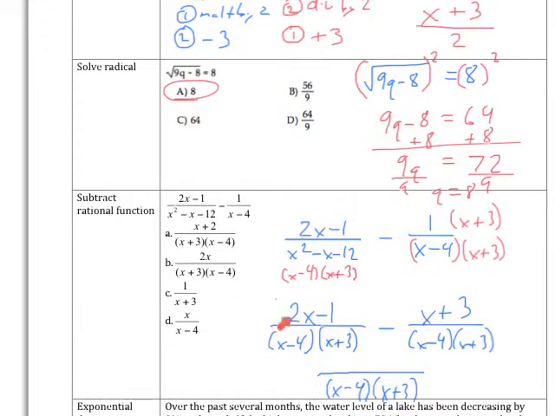And if you look at this, I've got like terms. 2x minus x would be 1x. And furthermore, negative 1 minus 3 would be negative 4, minus 4. And what's interesting about that, just to make this problem one more step complicated, you can now see that I've got an x minus 4 and an x minus 4 on top and bottom, and those cancel out. That's not always going to happen, it just happens here, and that leaves us with a final answer of 1